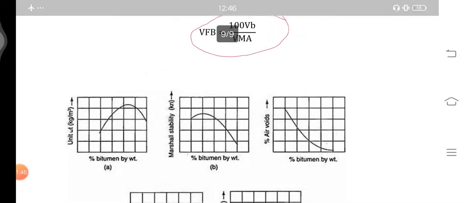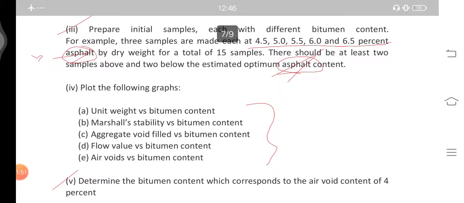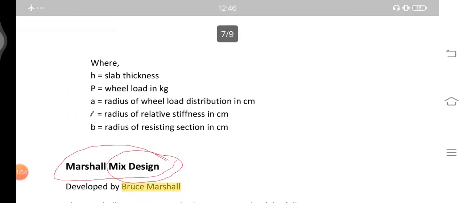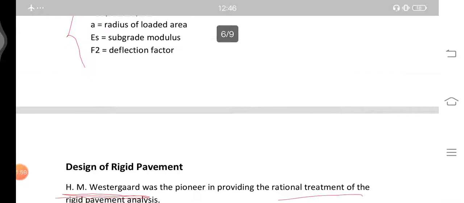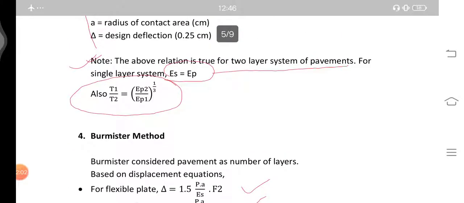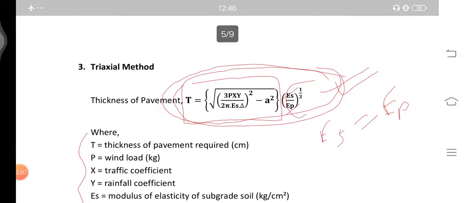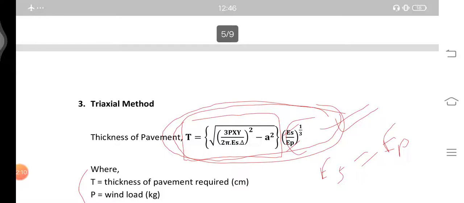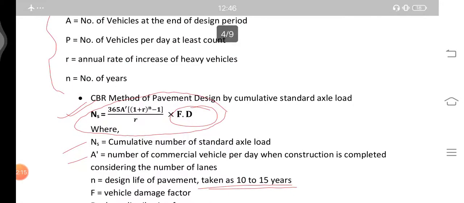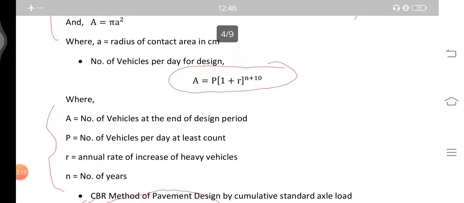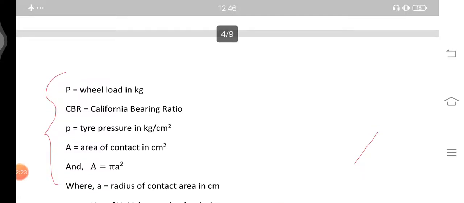So this was all about the pavement design, but more precisely, this was all about the theory of the pavement design. The numerical portion is the more important portion as compared to this one, because theory is something everyone can do, but the numerical is the most important thing. So the numerical is in a separate video, the link of which is given in the description. Please go through the numerical just after you have a quick review of this theory, and the link for notes is also given in the description.